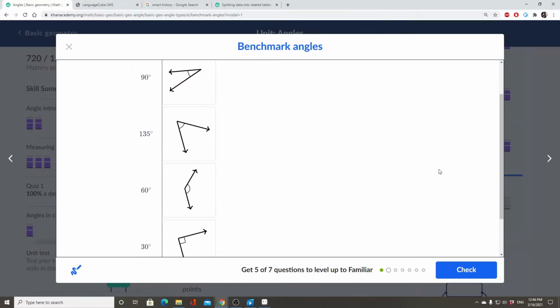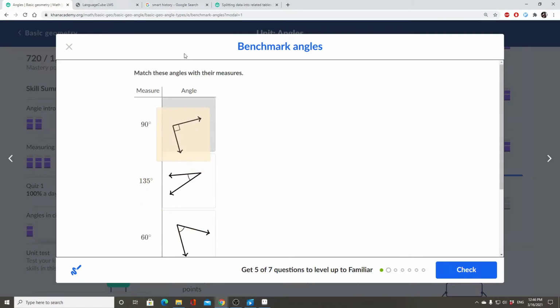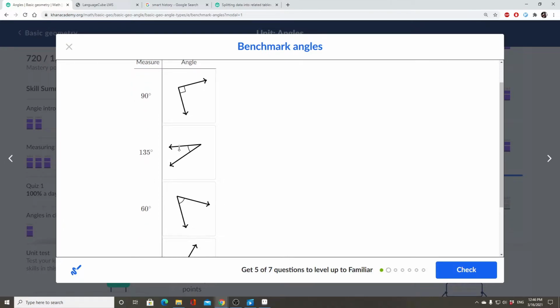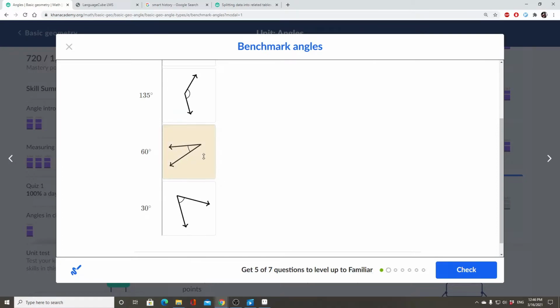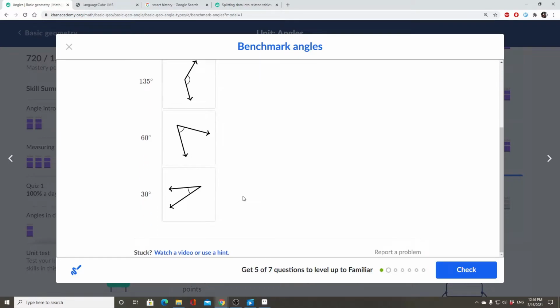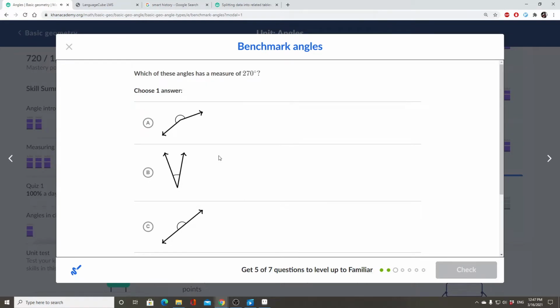Oh, and then this is pretty simple. Okay. Well, no, maybe. I don't know. Let's see if I can do this. So obviously this is 90 degrees, because it's a right angle. So this one is obviously not 135. This looks like the closest. And then this is smaller than this one, so you can reason that that's probably the right order. Yeah, there we go. Okay.